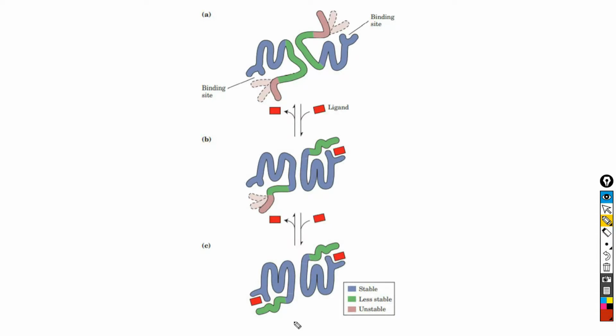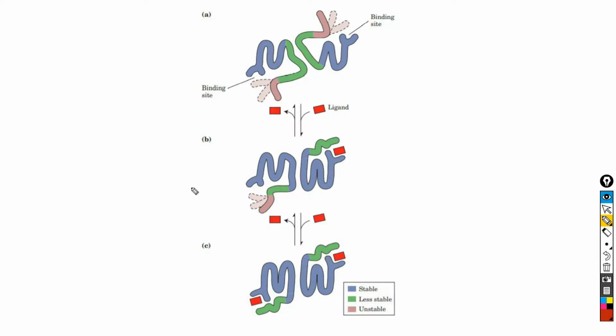The cooperative conformational changes depend on variations in the structural stability of different parts of a protein, and the binding sites of an allosteric protein typically consist of stable segments in proximity to relatively unstable segments, and the relatively unstable segment is capable of frequent changes in conformation or disorganized motion. So when a ligand binds to the protein, the moving parts of the protein's binding site may be stabilized in a particular conformation that affects the conformation of adjacent polypeptide subunits.